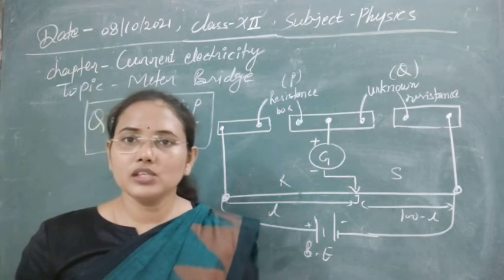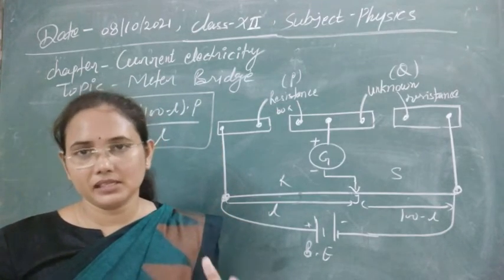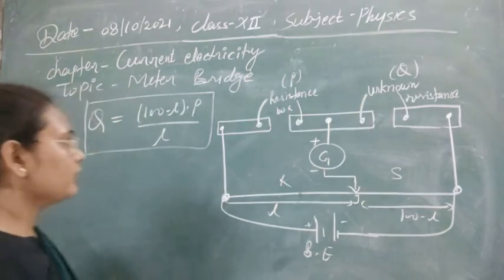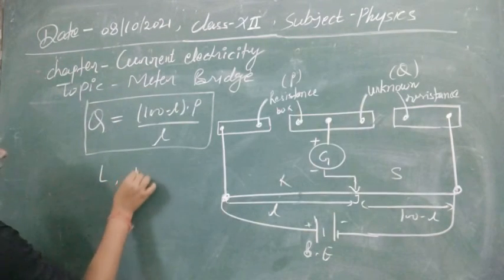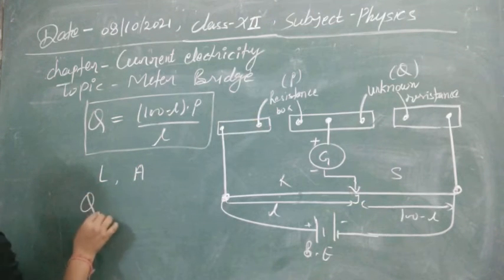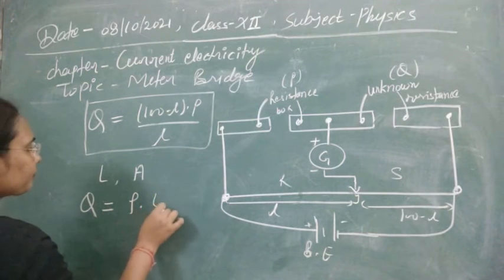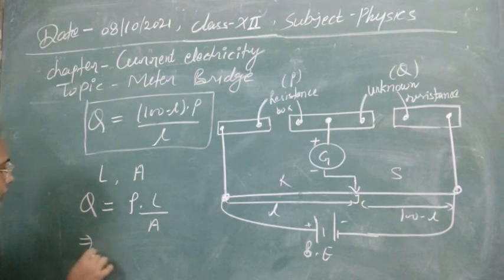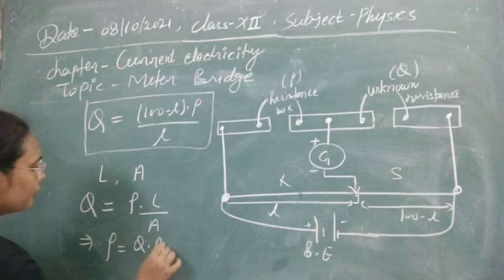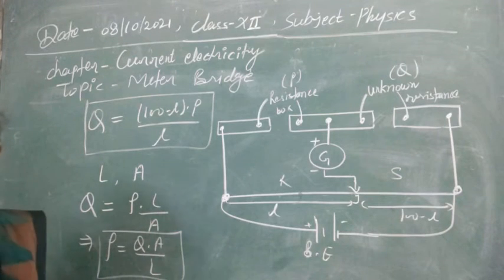You can use these two to measure the radius, or exactly, the diameter you can measure by the screw gauge, and after measuring the diameter you can find out the area. So suppose L is the length, capital A is the area of that wire, then Q is equal to rho L by A. From here you can calculate the value of rho, that is the resistivity of the material. So resistivity of the material can now be calculated easily by this formula.